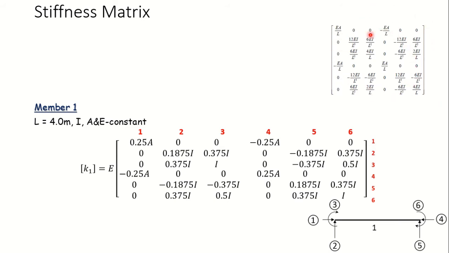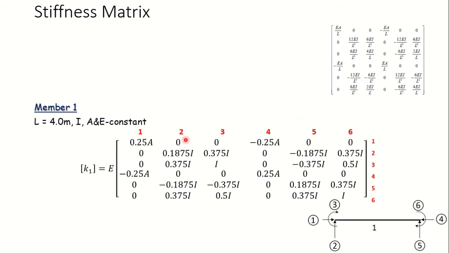Okay, so this will give us the element stiffness matrix in global coordinates for a beam whenever the member is parallel to our global x-axis. In that case, this directly gives you the element stiffness matrix in global coordinates. In case it is not parallel, then we have to transform the coordinates from local to global. Here we don't come across that case,